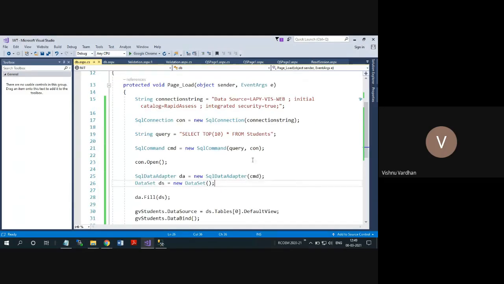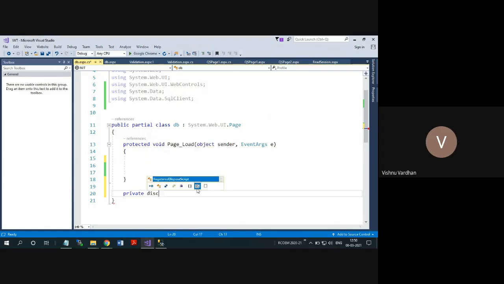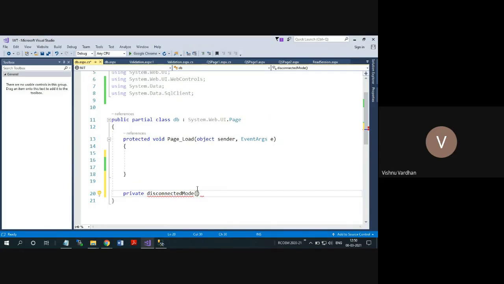Okay, so we will see the second example. As this is working under the page load, I will simply convert that into one method called disconnected mode.